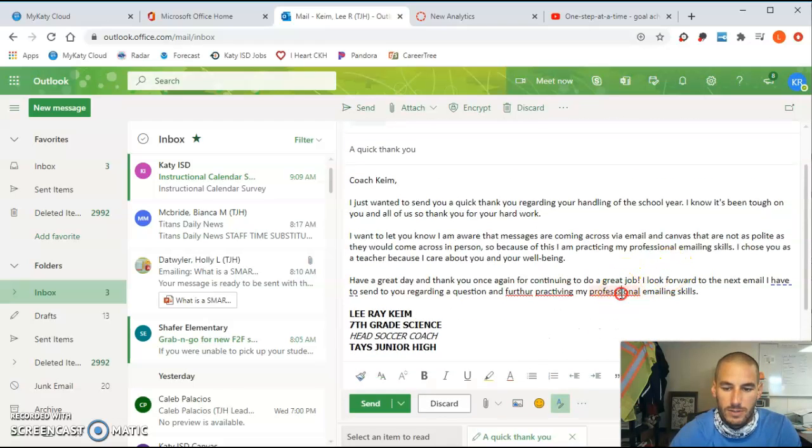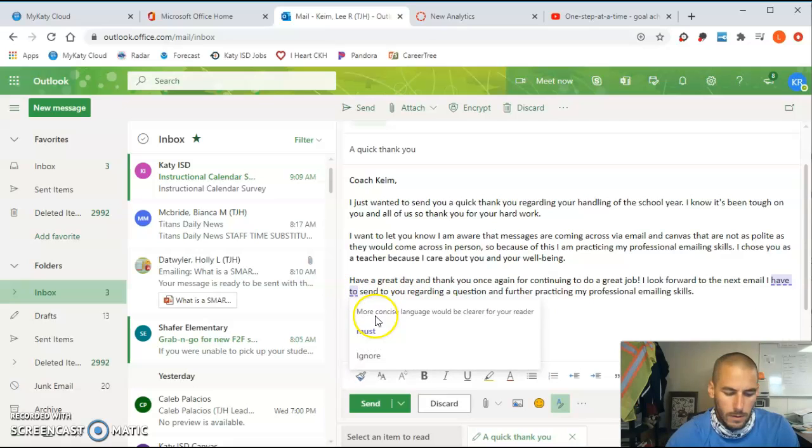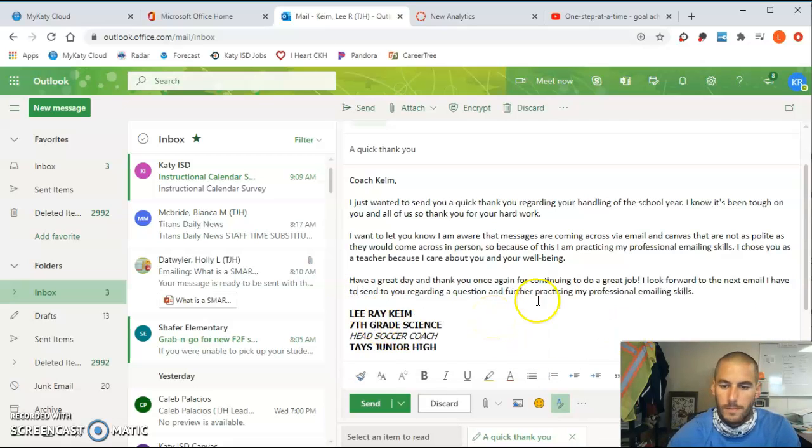My signature is. Oh, we got all sorts of typos here. Let's pick that up. Have a great day, and thank you once again for continuing to do a great job. I look forward to the next email I have to send. There we go. That's what it is. I have to send you regarding a question and further practicing my professional emailing skills. Have